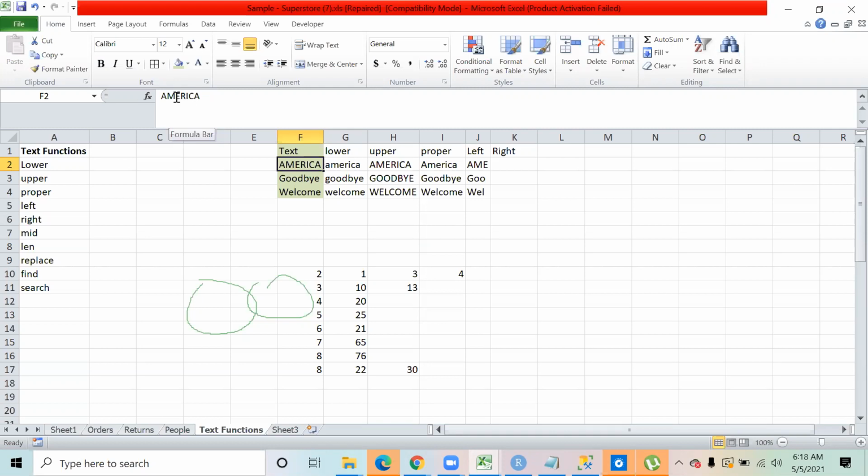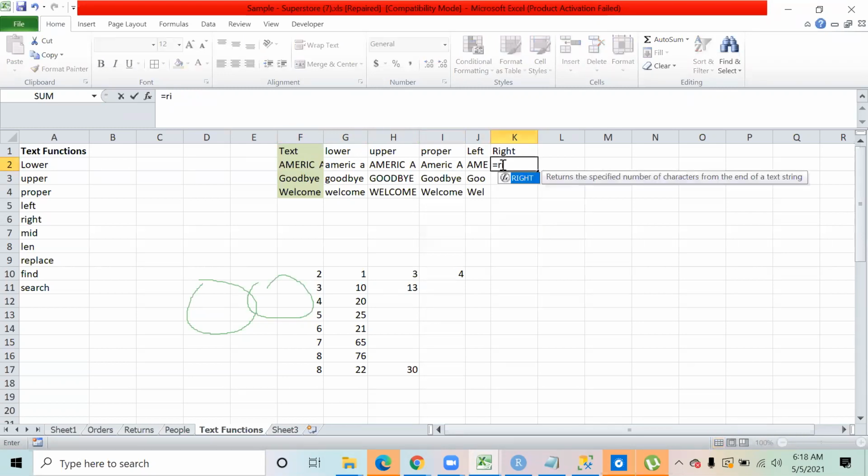So it counts a space as one character as well. Suppose the word has spaces also, it is going to extract 3 characters including the space. So if I say equal to right, from this word I want to extract 3 characters from the right hand side.